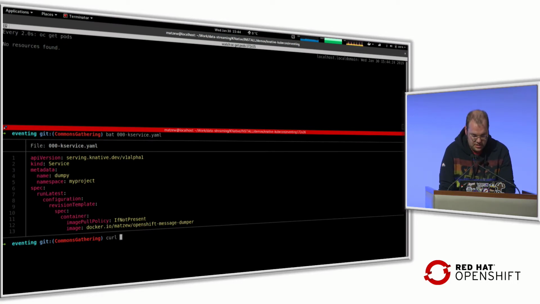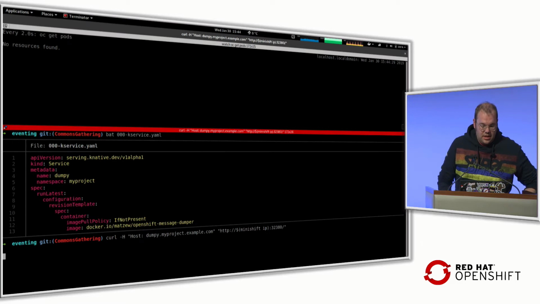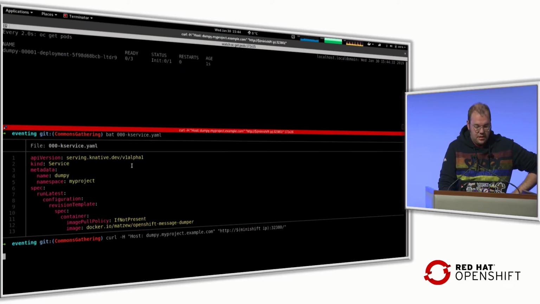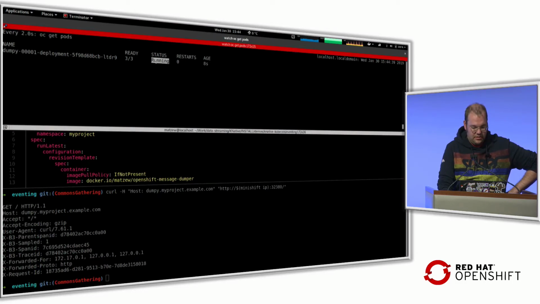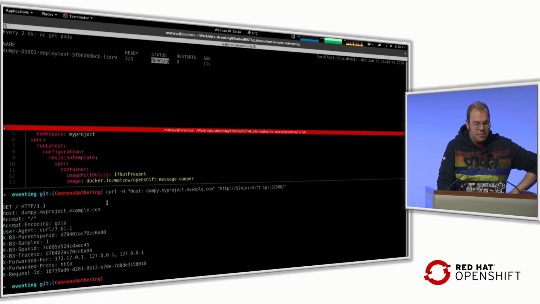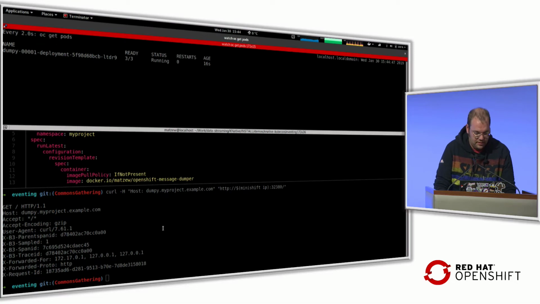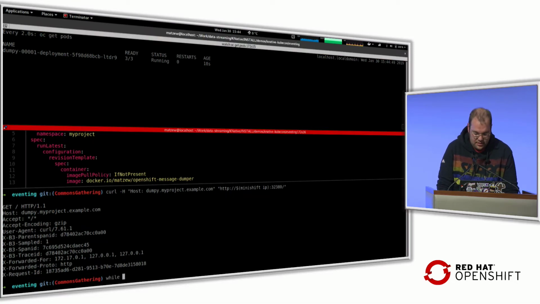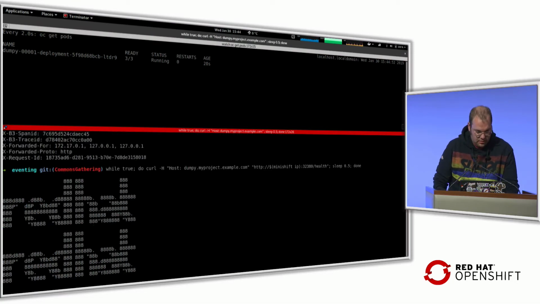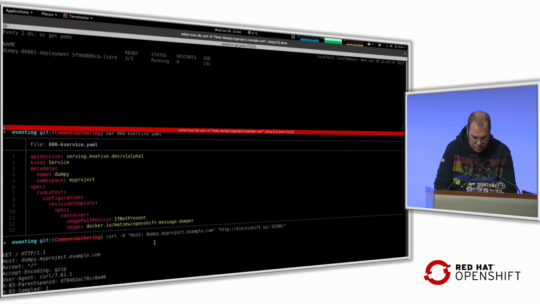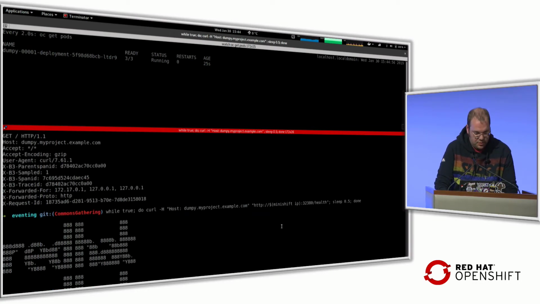What I'm doing here is just an invocation, and you already see the Knative autoscaler coming into place. So I have a curl request, and whenever my pod has been provisioned and is completely initialized, then it is in the running state here, and you get back an HTTP response. So the Knative activation mechanism was basically ensuring that the pod gets reactivated. I can do a little more load. The endpoint is so fancy, it has this health endpoint, which prints out Red Hat.